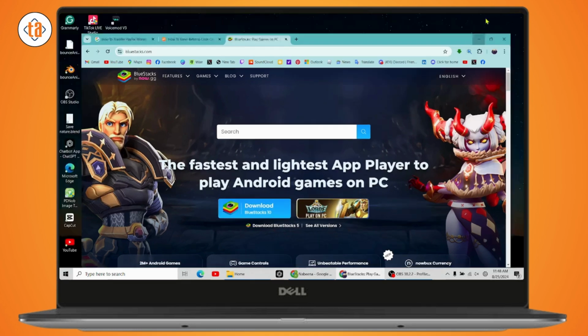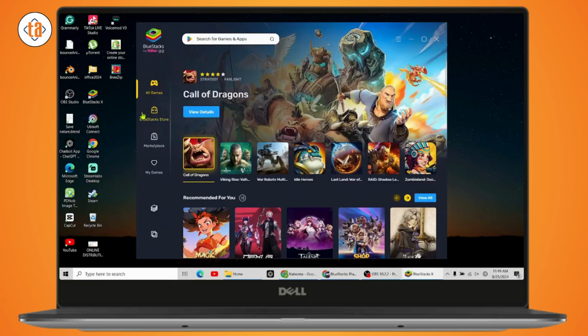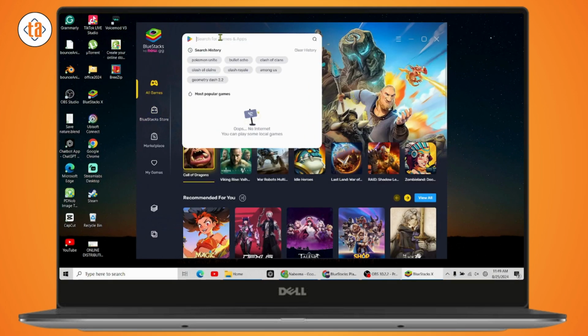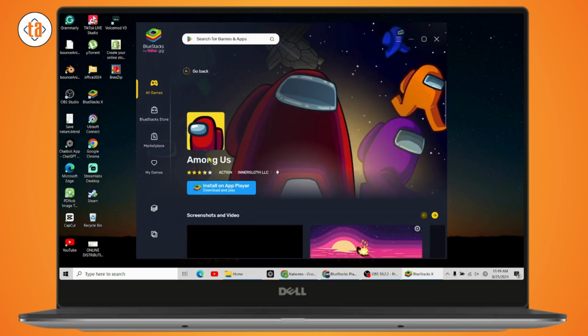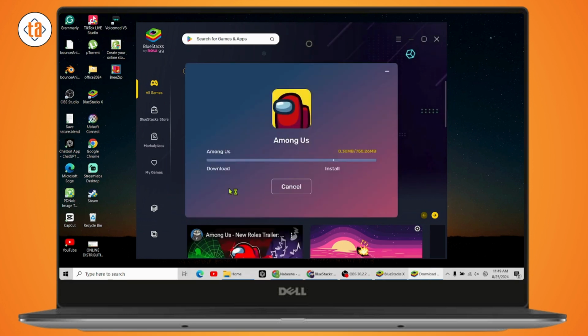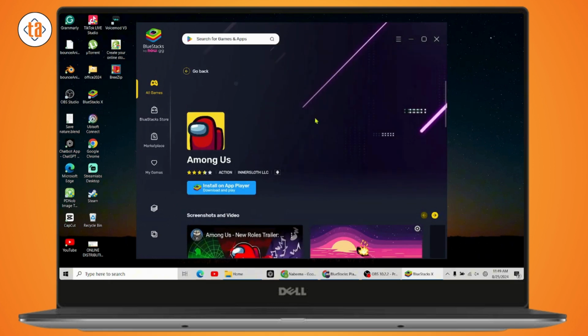Once you've downloaded, you can open up your BlueStacks on your PC or your laptop, and here you need to go with the search and search for Among Us. Once you search here, you will have the application. Simply click on the application, and you need to simply go with install on app player, and it will start the download or install. So in this way, you'll be able to download or install Among Us on your PC